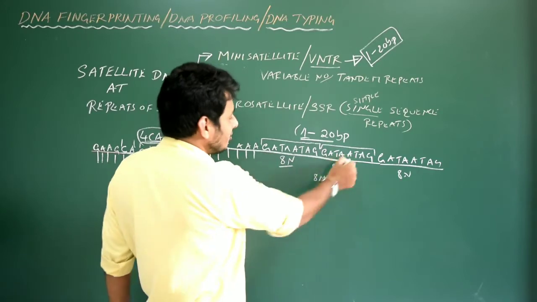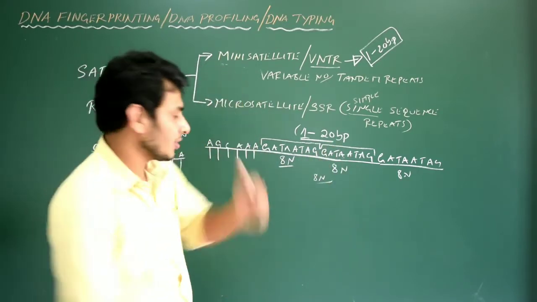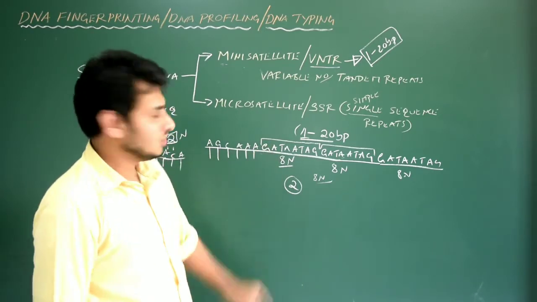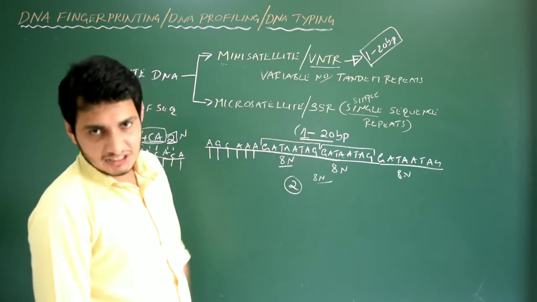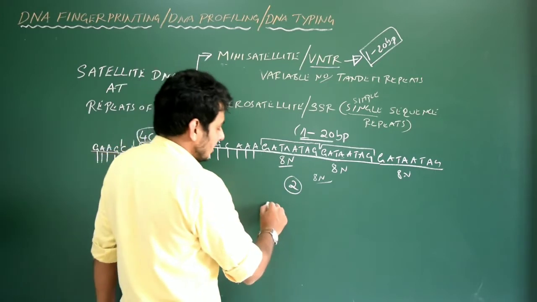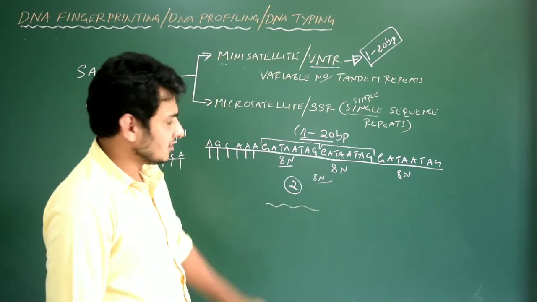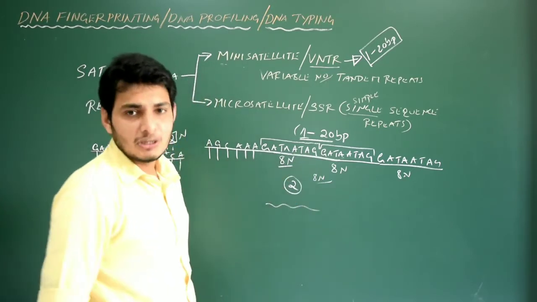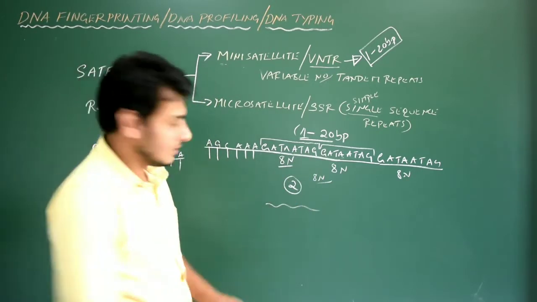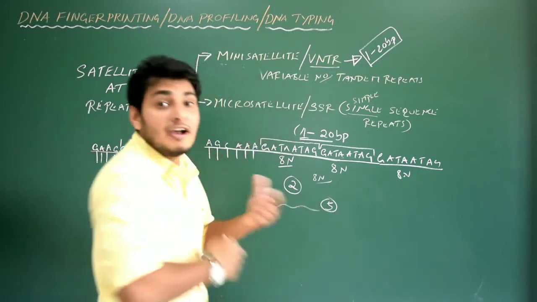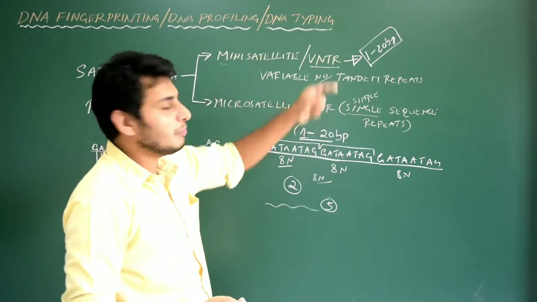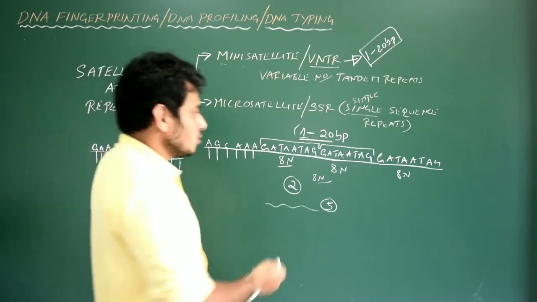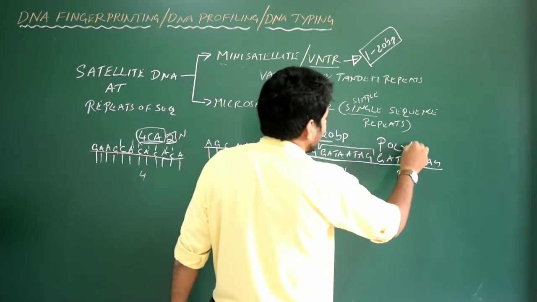For example, I have got this sequence in my chromosome number 2. Let me write, this is my chromosome number 2. I have got the GATA, ATAG sequence there. In somebody else's case, for example in Sakshat's case, in chromosome number 2, the GATA, ATAG 8 nucleotide repeat could be 5. That is repeated 5 times, so it is called variable number tandem repeats. Why is it exhibiting polymorphism? So it is understood that it is a type of polymorphism.